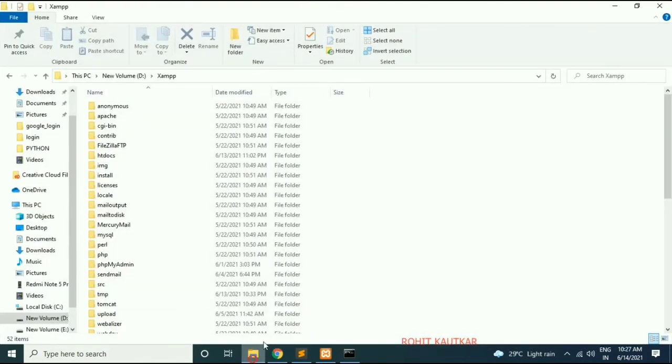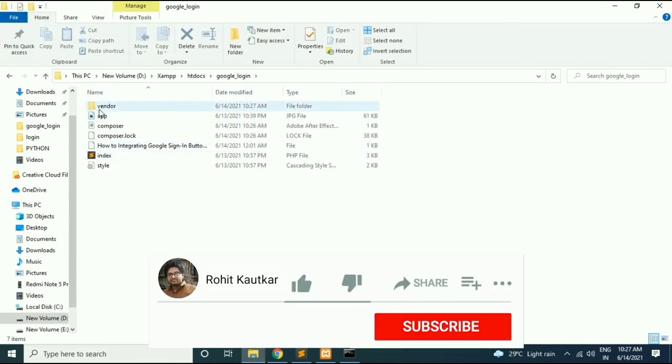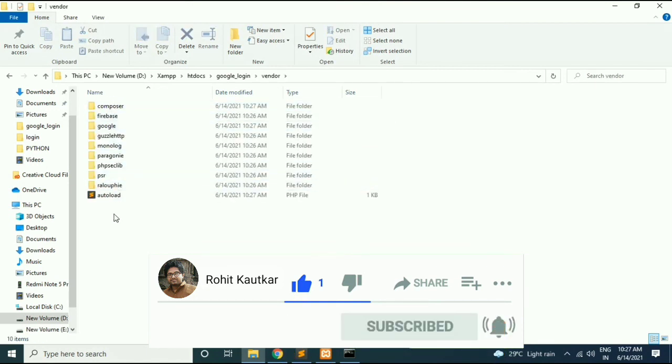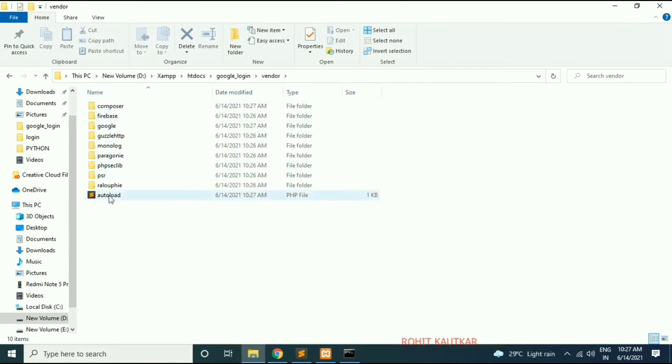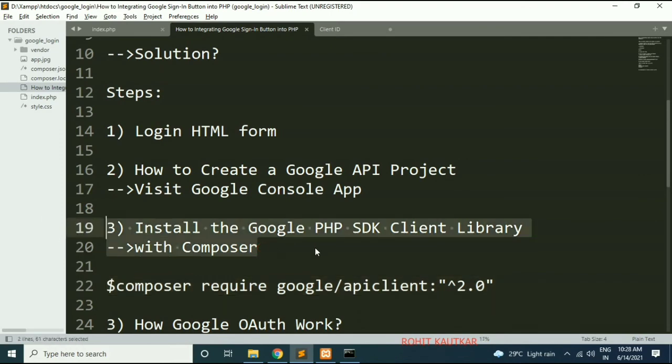If I go to htdocs Google login, here you can see the directory with name vendor is created, and within this all the files related to Google's API client library have been downloaded with help of Composer. This is how you can install the Google's PHP SDK client library with help of Composer.